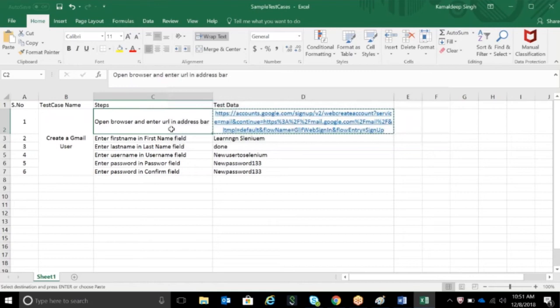So the test case is written by the tester, right? Yes, it is written by the tester. Okay. And it is from the functional document. It's taking reference from functional documents. Okay. Correct. And what about the data? Means the data is already given, or we have to create it?